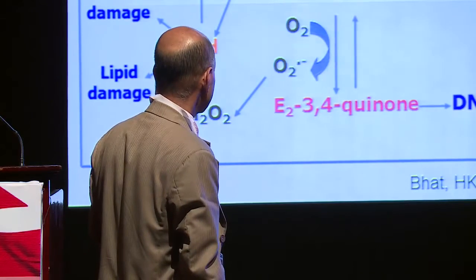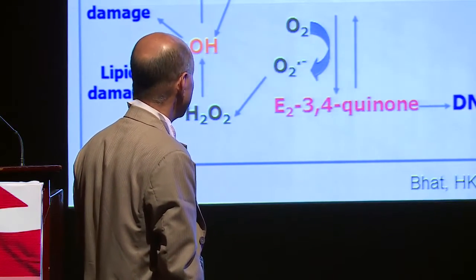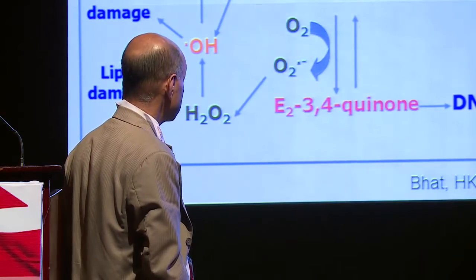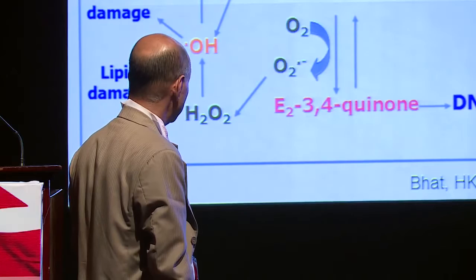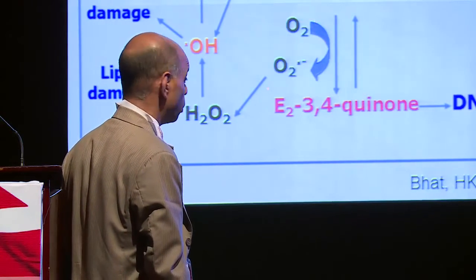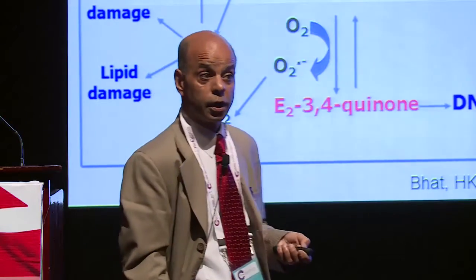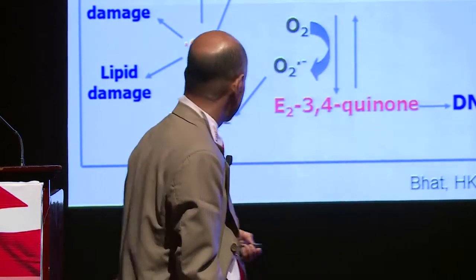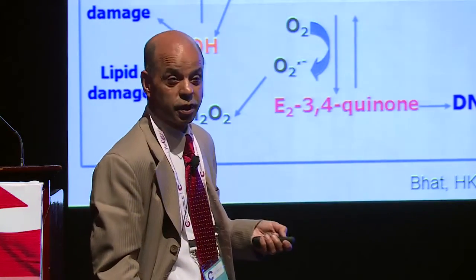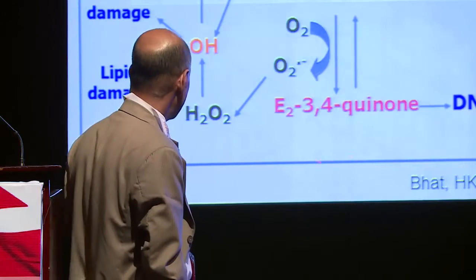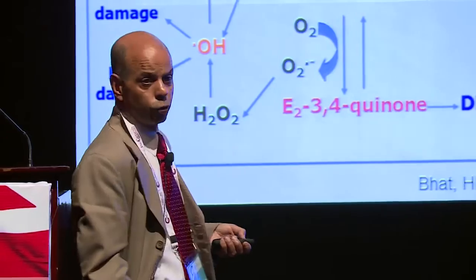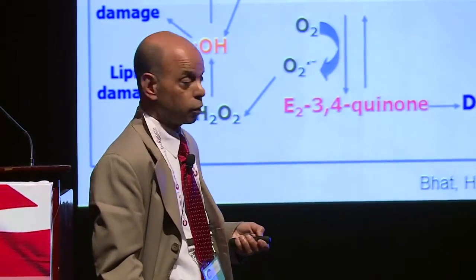the carcinogenic process. 17-beta estradiol can be metabolically activated by cytochrome P450 1B1 to 4-hydroxyestradiol, which can further be converted to semiquinone and quinone. And during this process, it reacts with molecular oxygen to form a superoxide radical. Superoxide is the first of the reactive oxygen species produced, and that can be converted into hydrogen peroxide. Hydrogen peroxide per se is not a reactive oxygen species, but can be converted through glutathione peroxidase to water and oxygen. That's the major detoxification reaction.